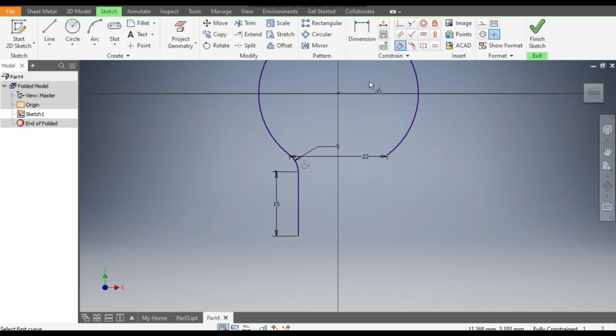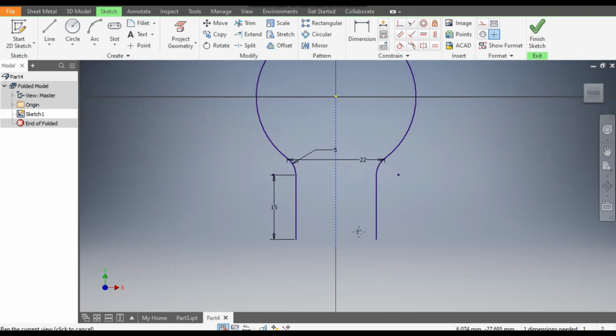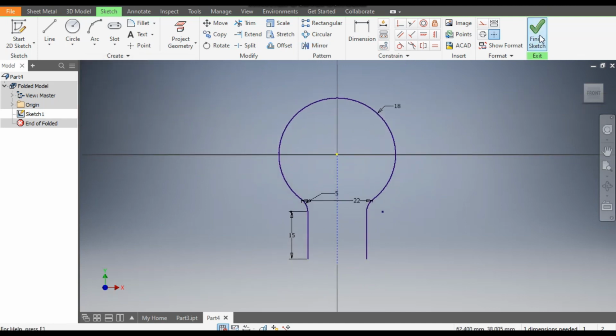Now we will make a line command, we will make a line at the middle. Escape. Select this line and make it a construction geometry. Now mirror the profiles, go to mirror, mirror this arc and this line. This center line will be the mirror line and apply. Done. Now finish sketch